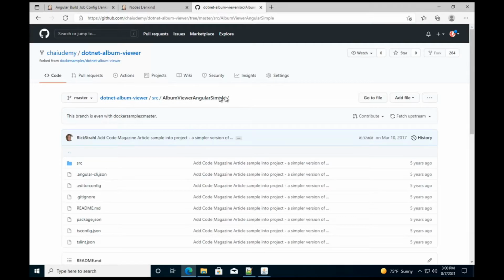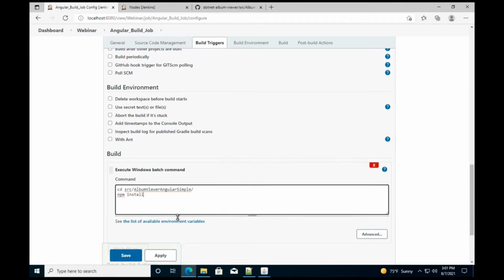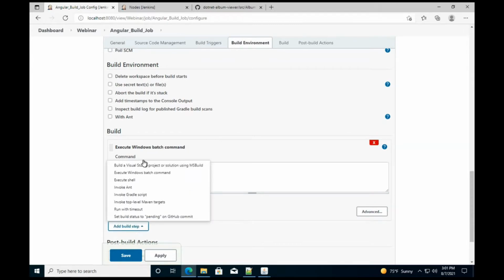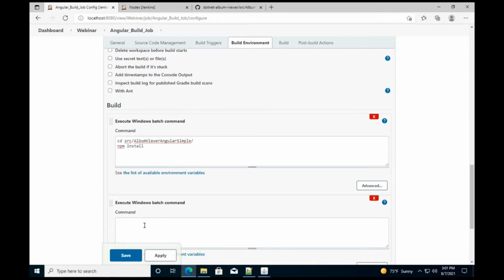For example, I have to go into src from the root, and then I will have to go into album viewer Angular simple. And so I'm doing a cd into that path, then I'll say npm install. So what it does is basically all the packages configured in package.json are downloaded, and then I give one more command. Now in this case, I'll do npm build,